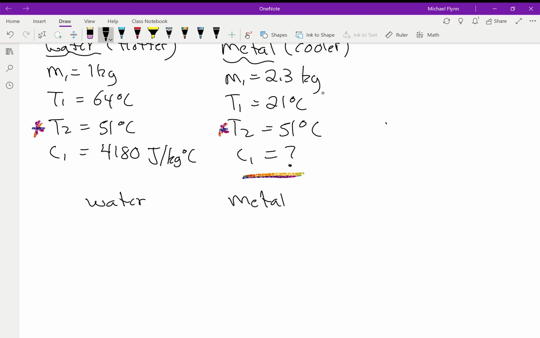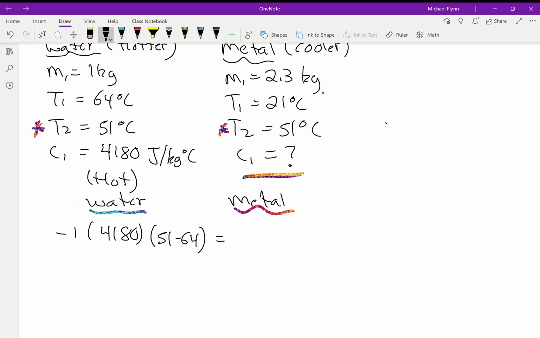So on the water side, we got 1 times 4180 times, and I have to put the negative sign there because it's hot water. So 1 times 4180 times T2 minus T1, which is 51 minus 64, okay,